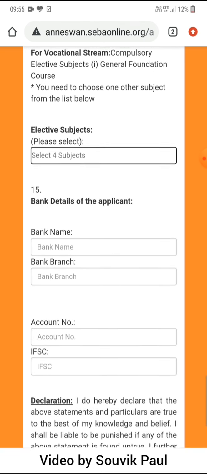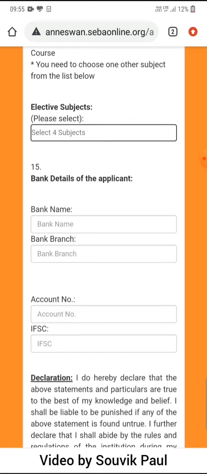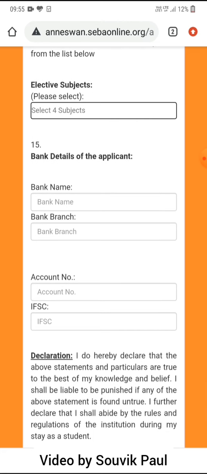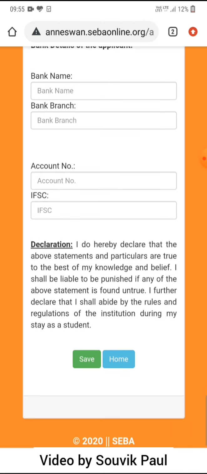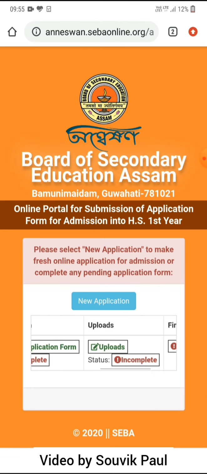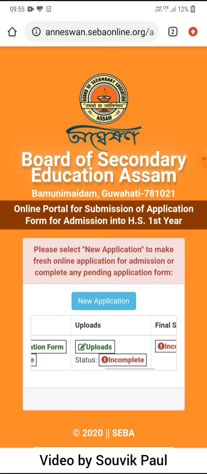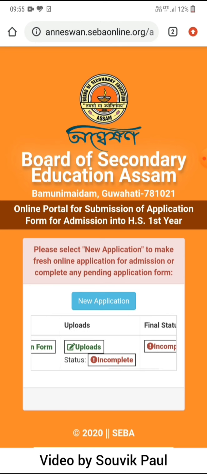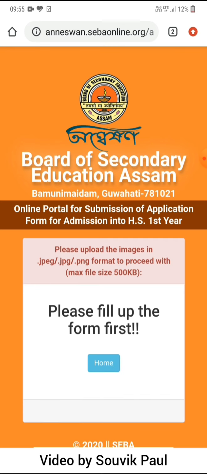Then write your bank name, branch, account number, and IFSC code. After entering all the details, please verify once and then click on Save. After saving, click on the Home button, which will take you to this page again, where you will get the Upload button.